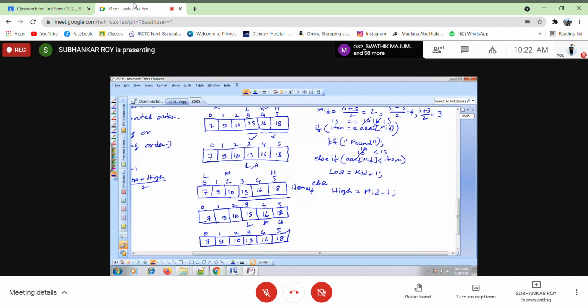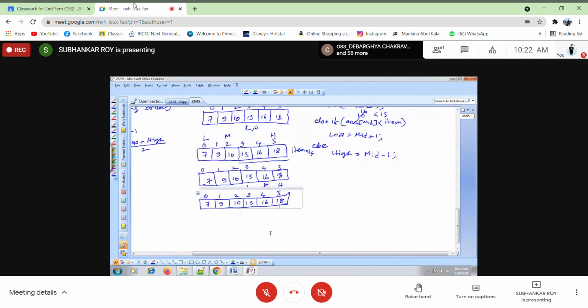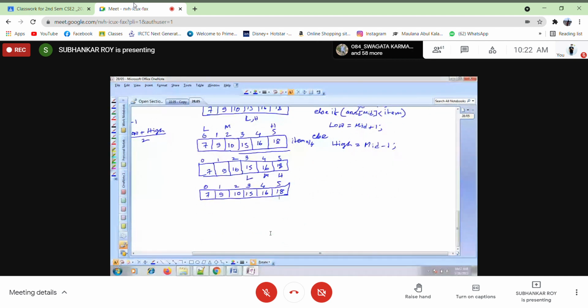So high will be now this one. High will be mid minus 1. Mid was this one. As item is 14, less than the mid, high will actually be mid minus 1.